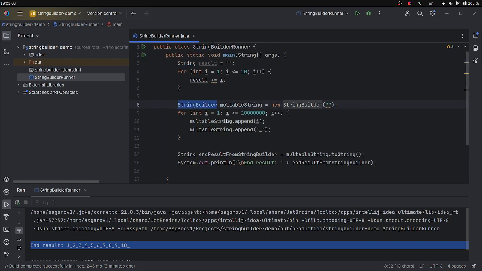Again, nothing wrong with that. Our modern computers usually have a lot of RAM. You will be able to just use string and run it a million times, and probably nothing will happen. Not probably, I'm pretty sure nothing will happen. It just will keep running a million times and keep adding something here. That's not a problem, but StringBuilder is much more efficient. So that's one reason to use it. But it's not